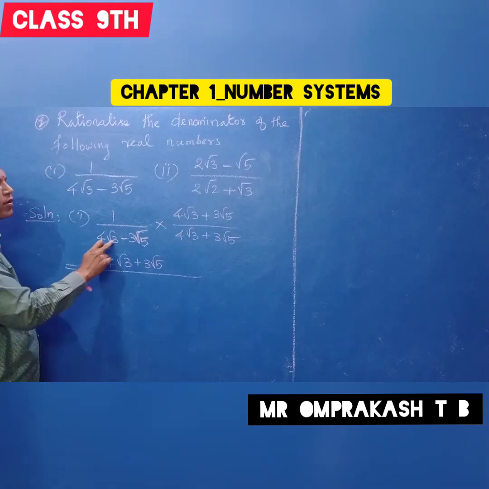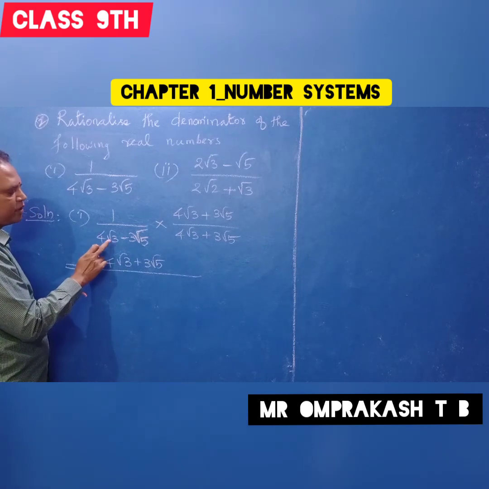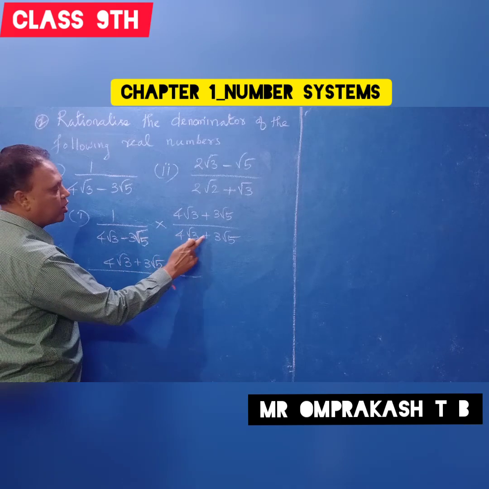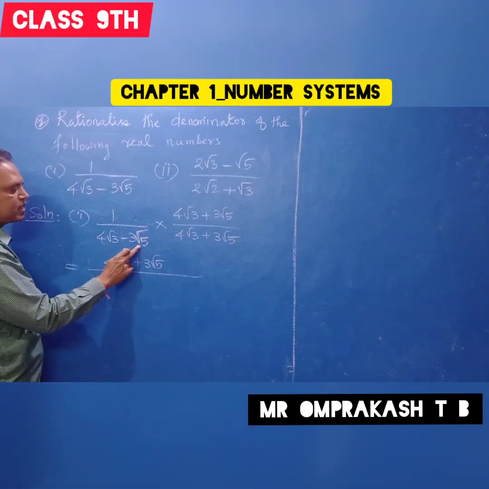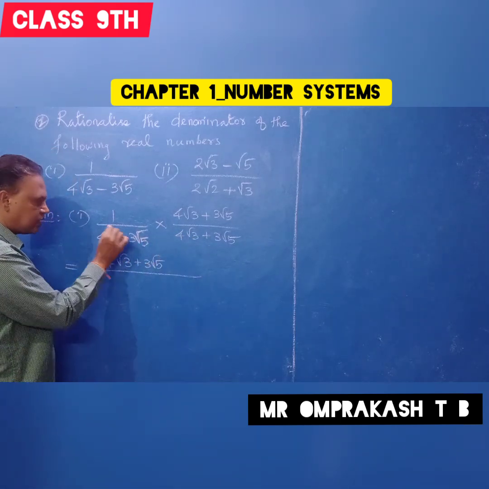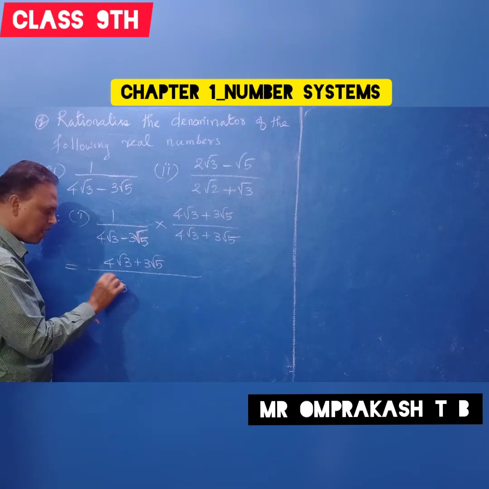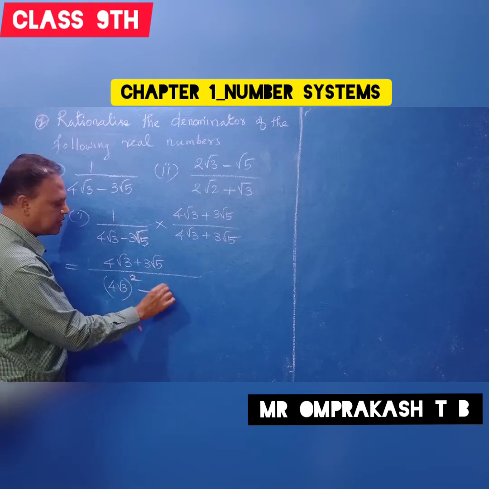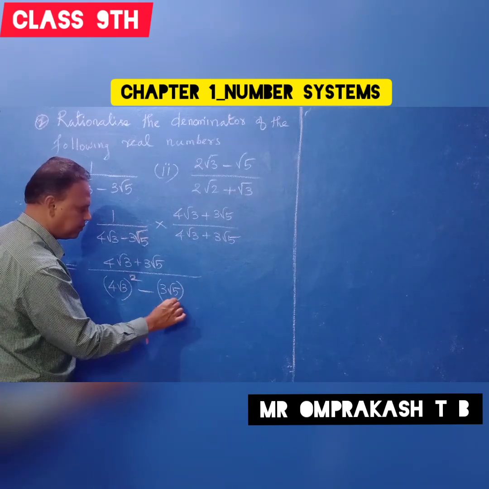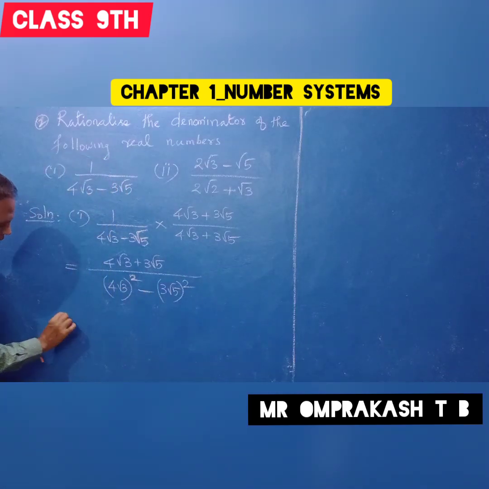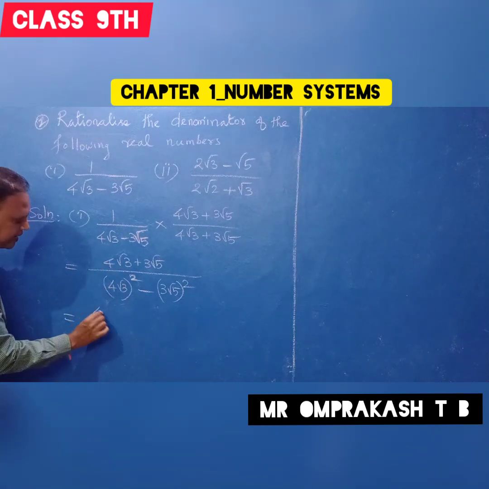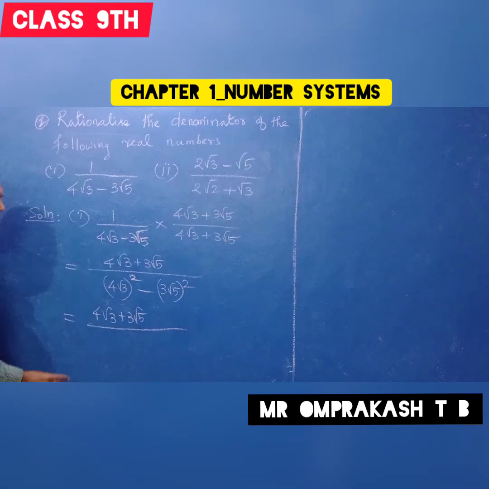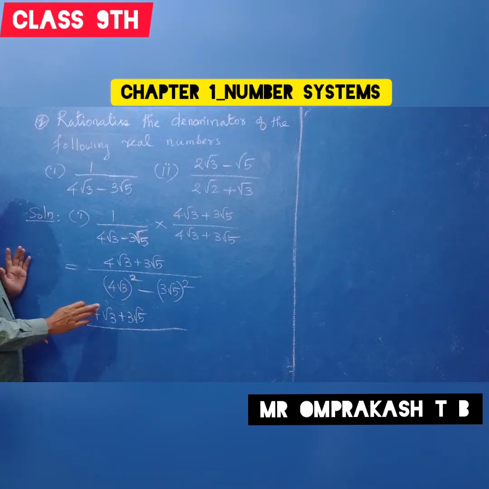Here only the denominator multiply means you are getting the form you see. Okay. 4 root 3 minus 3 root 5, 4 root 3 plus 3 root 5. That means a minus b into a plus b means just the first term square it, always minus. Okay. Then the second term square it. That's all. That is the concept. So numerator write as it is. In the denominator square it properly. Okay. This is very important.